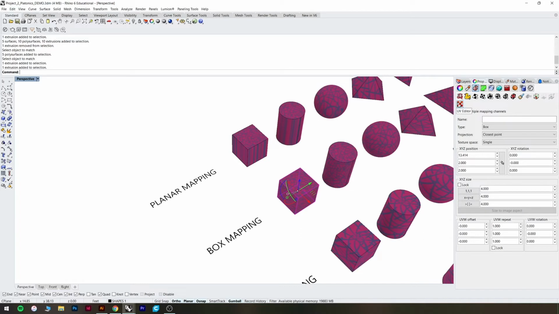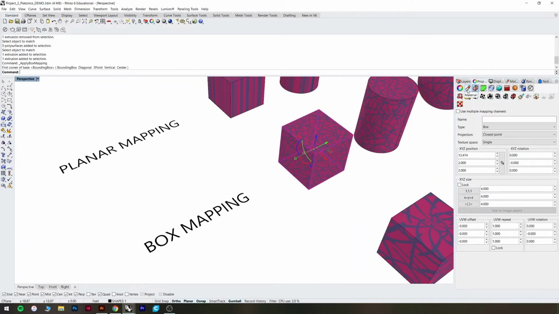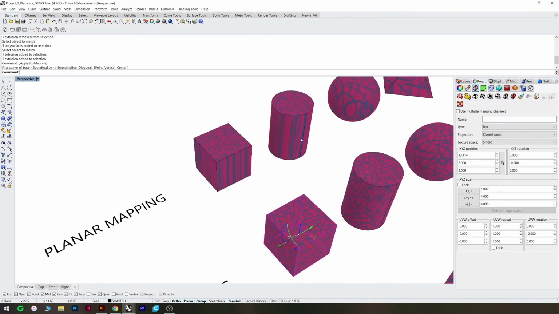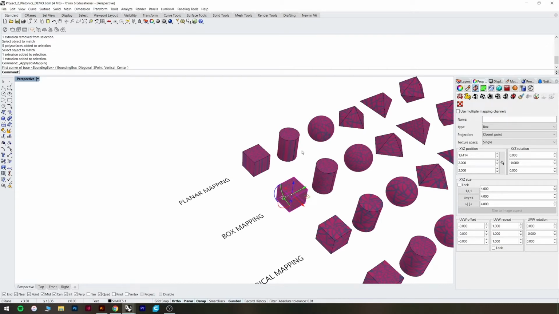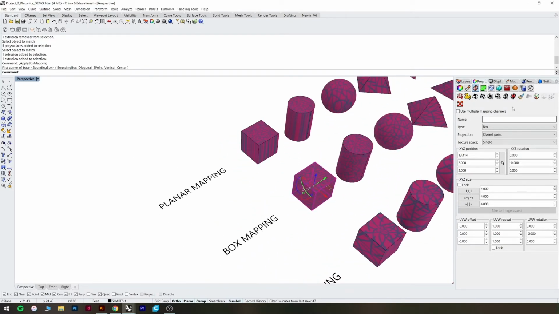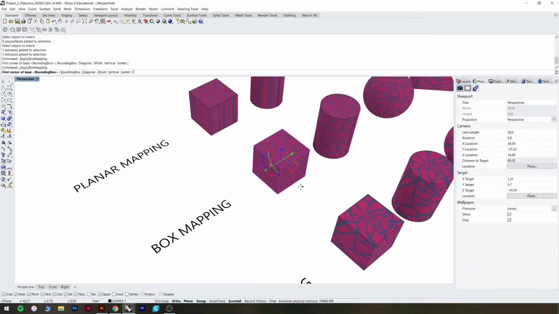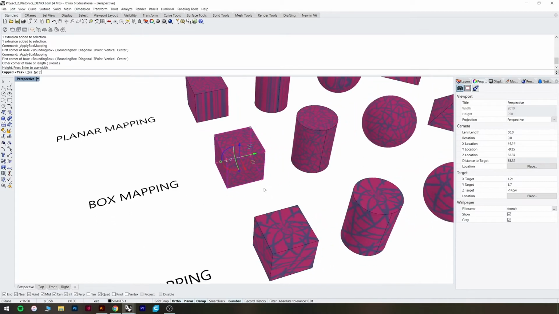I'm coming over here to show you guys the difference between the different types of mappings. Next to the material icon, you go to the texture mapping icon, and then you have all of these different options to pick from. Basically, you want to match the shape that you're working with, or the style or effect you want to create, to one of these. It's pretty obvious that if you're making a box you would probably use the box mapping, but that's not necessarily true, given that